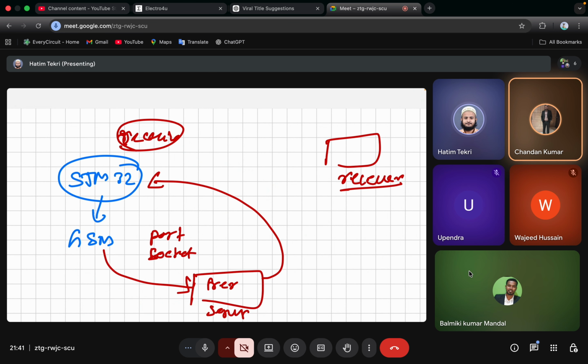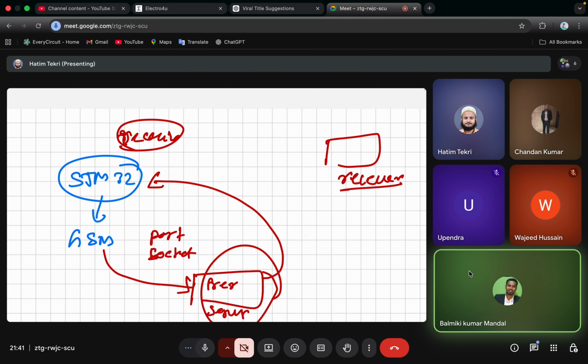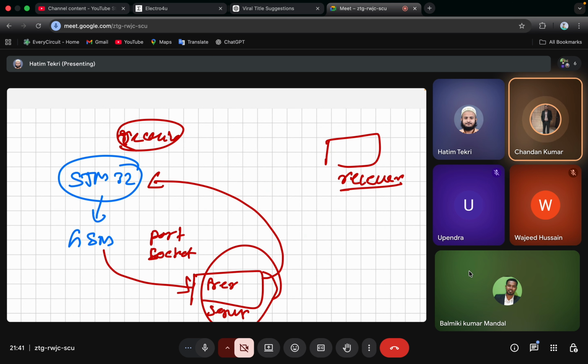And after that, whatever response you want to give, for example, I'm sending "hi, I'm Chandan" to this server, and you want to reply "hello, I am Hatim", you can write this message from your server side, and my device will receive this message. So this will work in real time. Whatever message I want to send to your server will be transmitted, and whatever message you want to give me will be received from your server to my device. But as we are using a free server here,